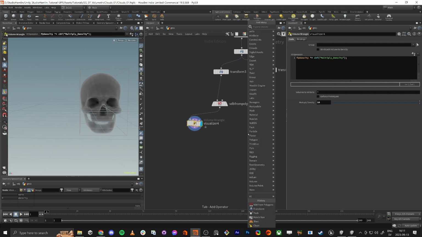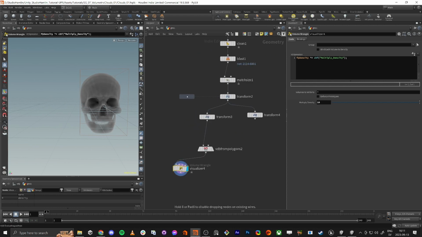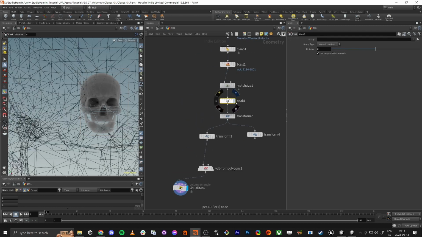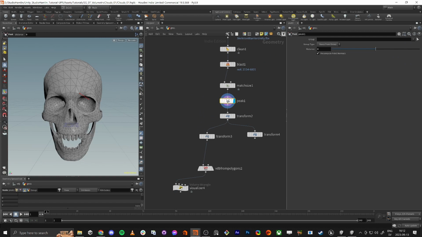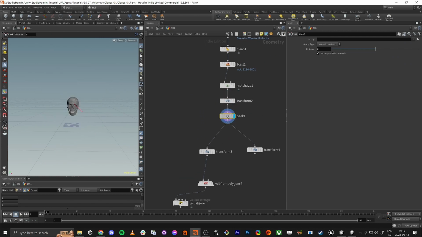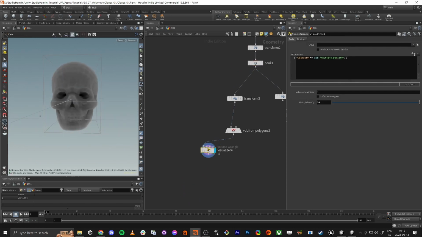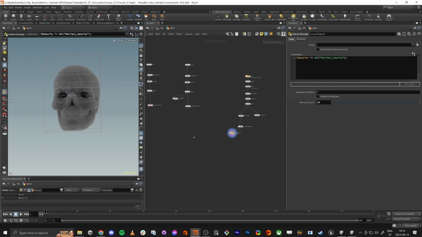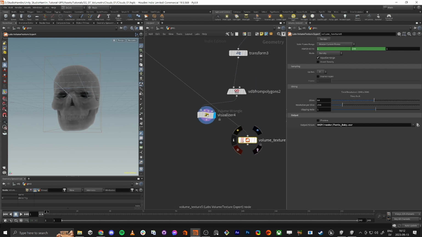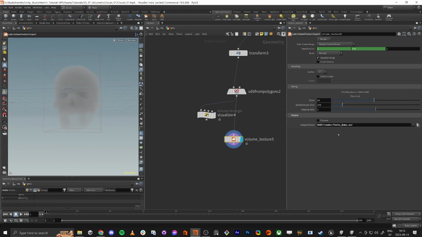So if we do a peak node here, under a transform, we can actually just make it a little bit thicker like this. And then down here, you can see it like this. So I think that looks good. We're just gonna copy this volume texture here and do it like this. This is gonna be